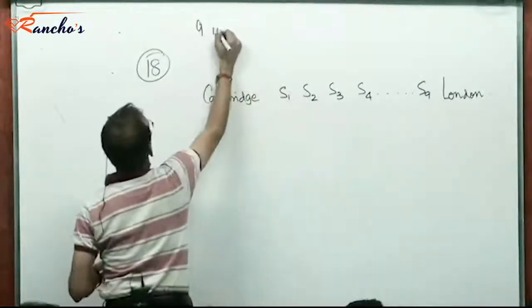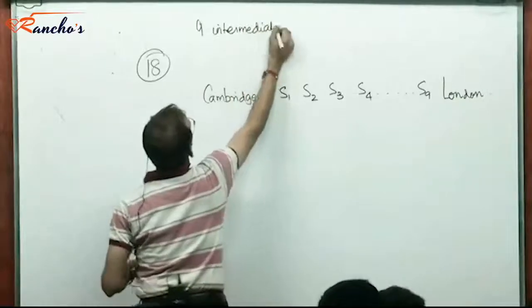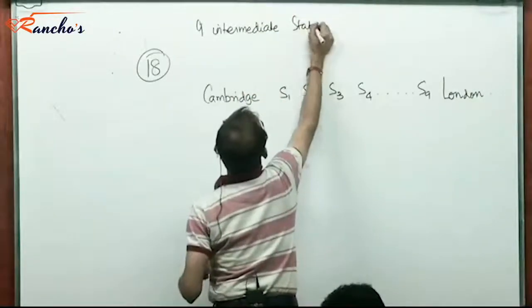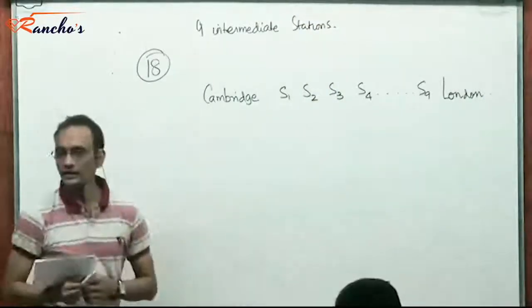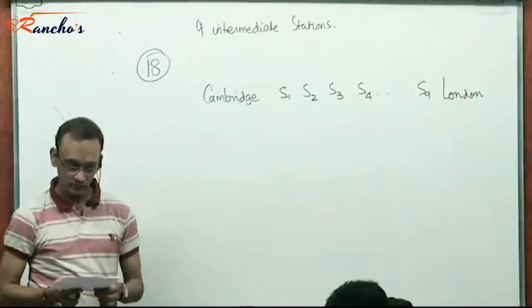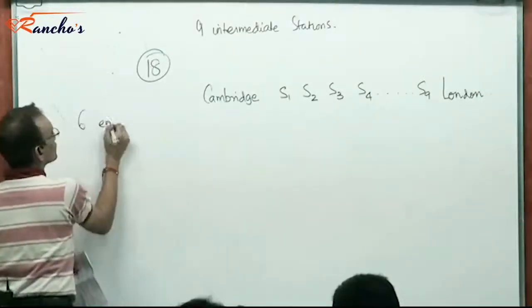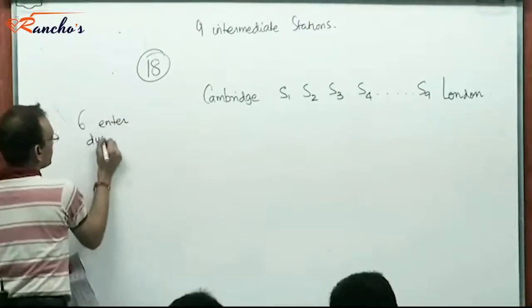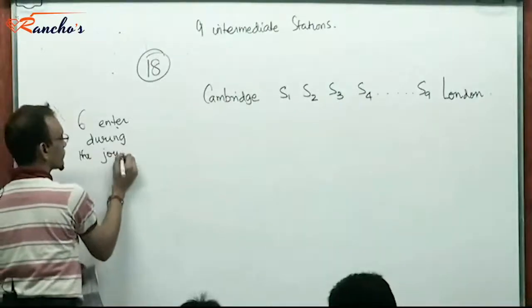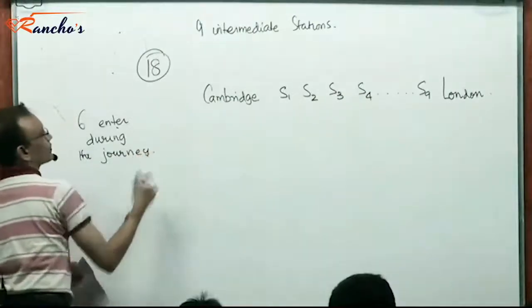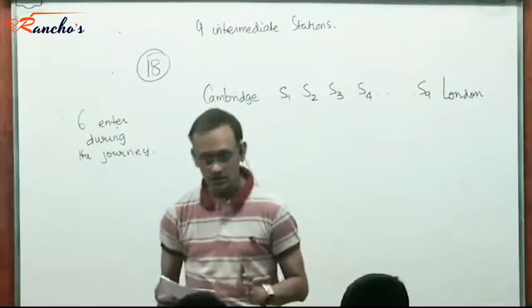Nine intermediate stations, right? 6 people enter the train during the journey, which does not include Cambridge. 6 enter the train